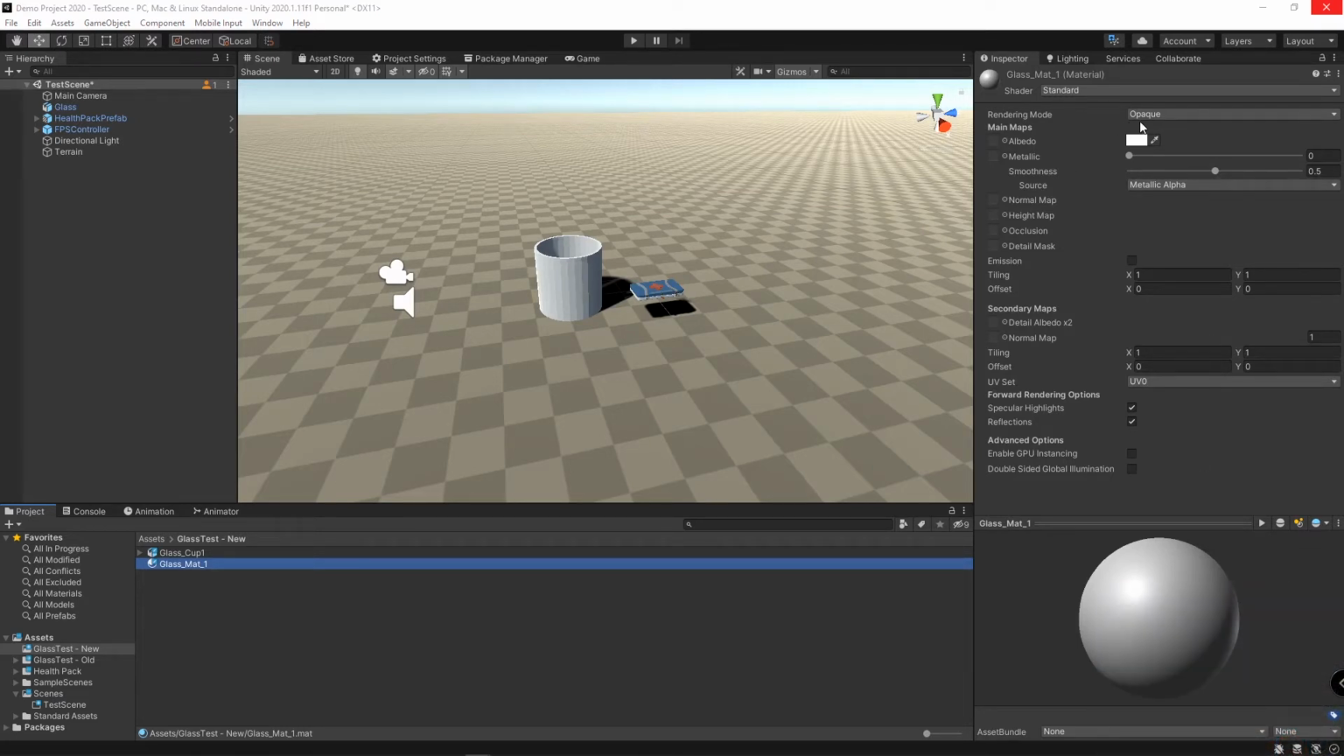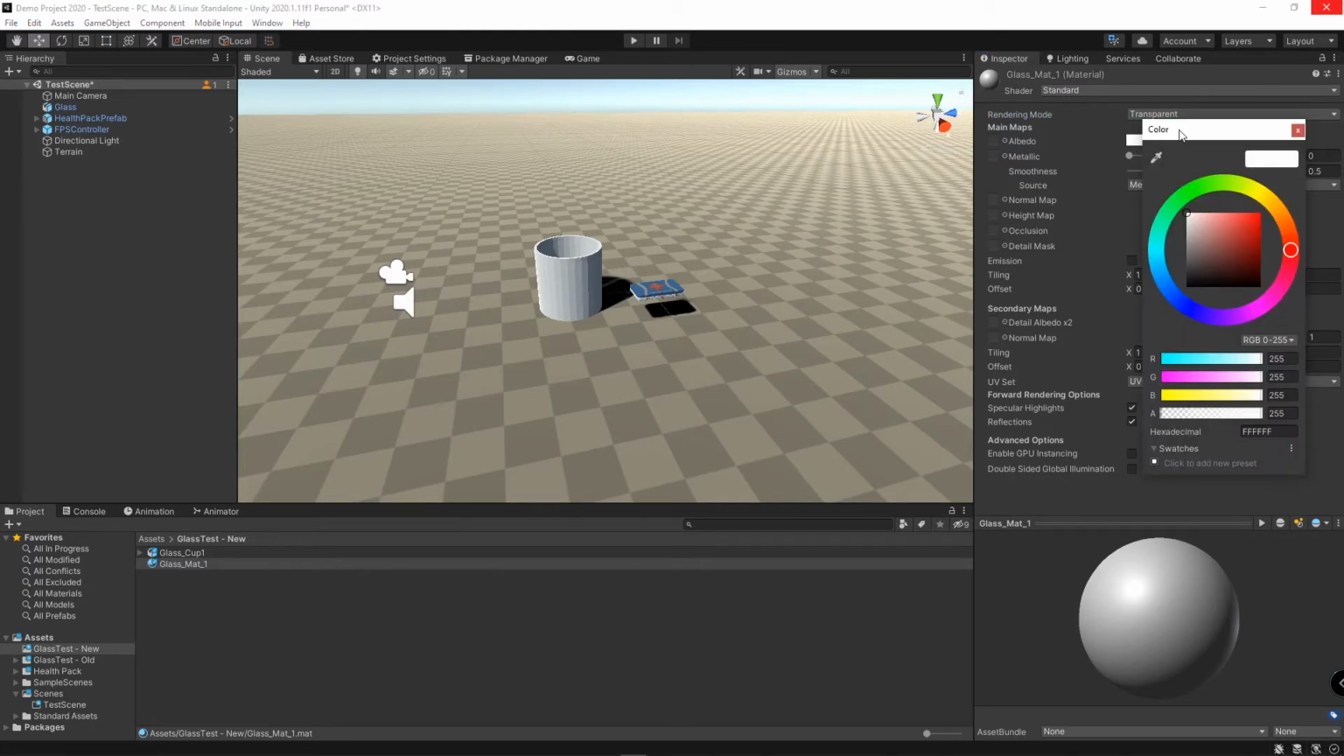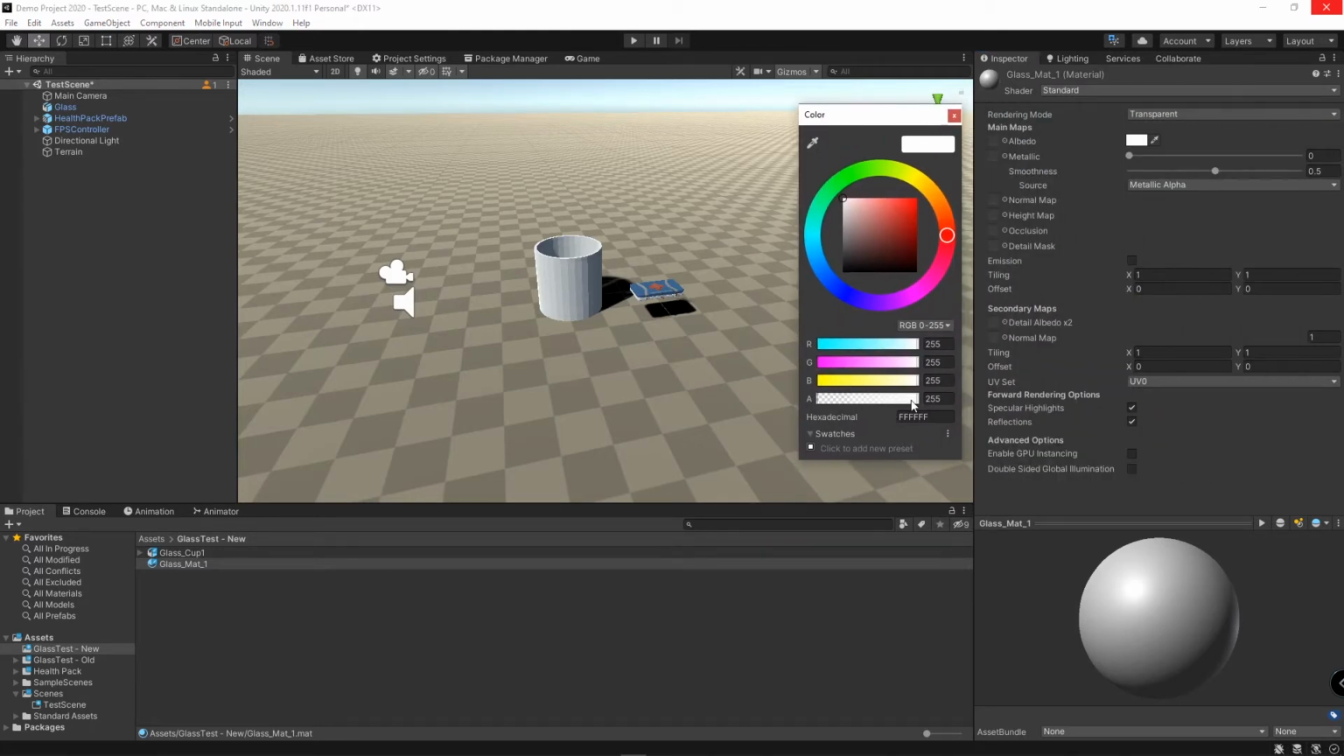So the first thing that you need to do is take this rendering mode and set it to transparent. We're working with a transparent object, and so you need to tell the renderer that you're working with a transparent material. Then you're going to take your albedo, and the first thing you want to do is go over here to your colors. You're going to click on that, and then you can take the alpha channel, which is right down here, and you can set that